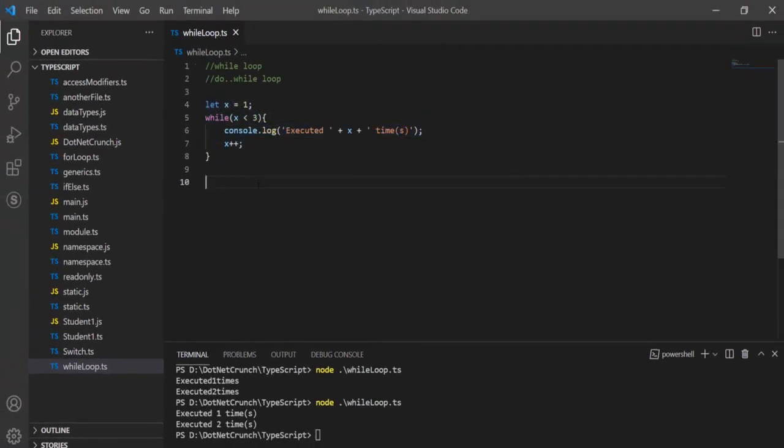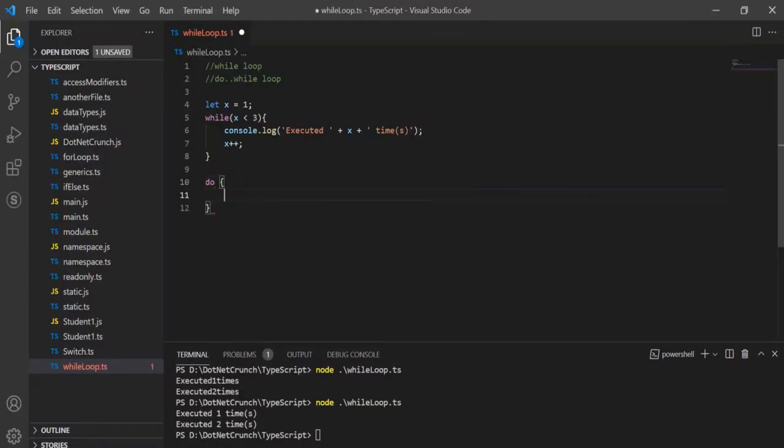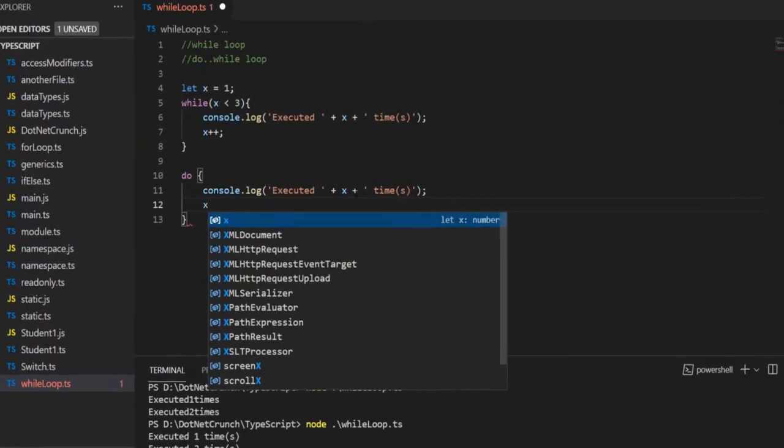Now let's check do while. A similar piece of code we can write in a do while statement. So do while loop is also similar to while loop, but the condition is evaluated at a later stage. So the syntax of do while is something like that. In do you have a block statement. We will have this block only, and x plus plus,